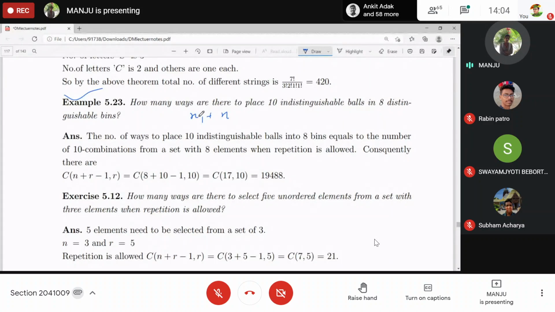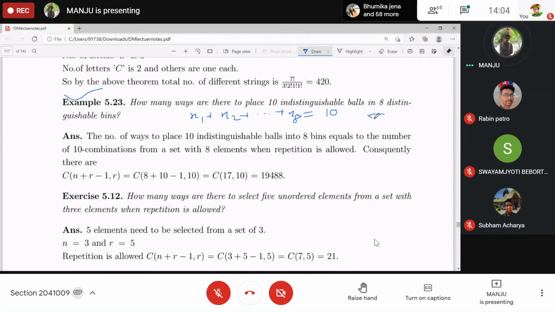If x1 balls go into the first bin, x2 into the second and so on up to x8 into the 8th bin, the total of this sum will be 10. And you know the number of integer solutions for this, when repetition is allowed,